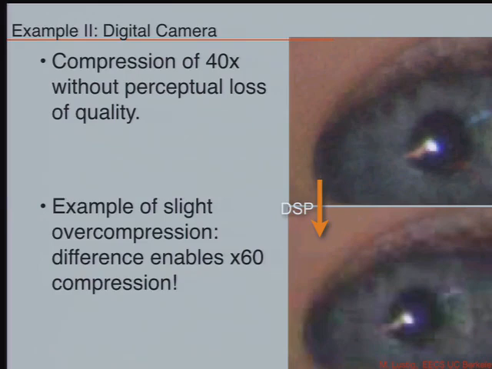So you see the difference? There is a little bit of difference, but it's not much. This is 40 times compression. This is 60 times compression. Here you start seeing some artifacts over here. Maybe we can darken the room a little bit. You see the difference? Now you see blocky artifacts a little bit. This is called JPEG artifacts. I can point out those artifacts. The problem is once you see artifacts, you can't unsee them.